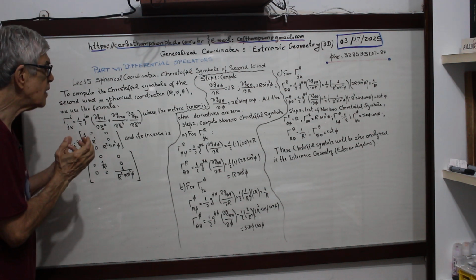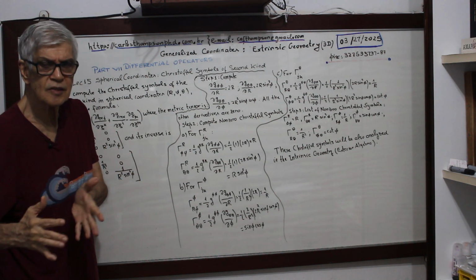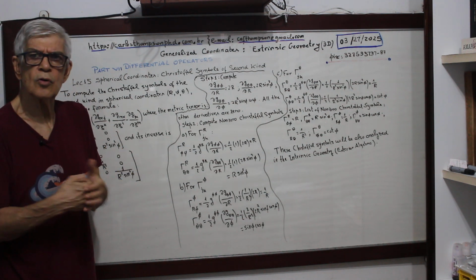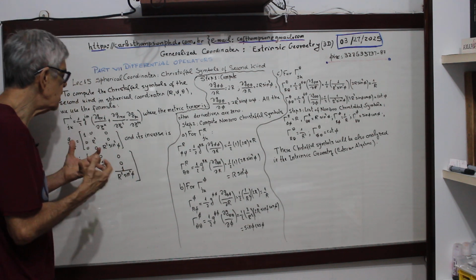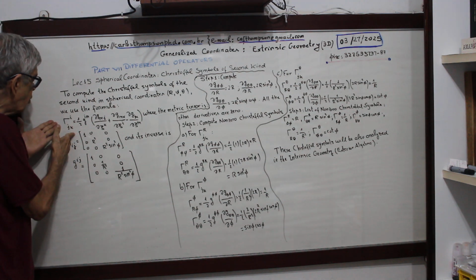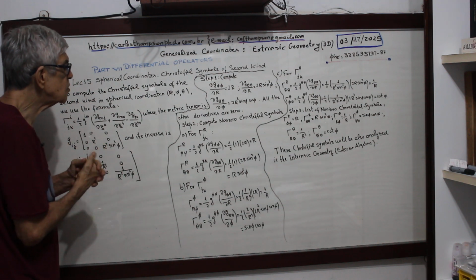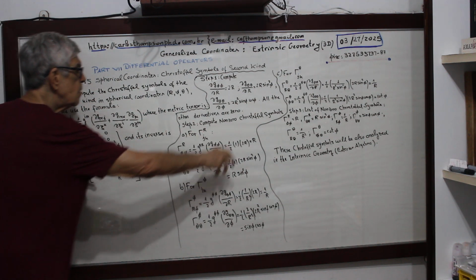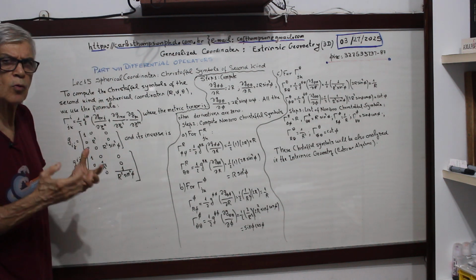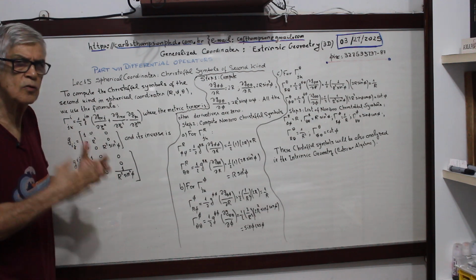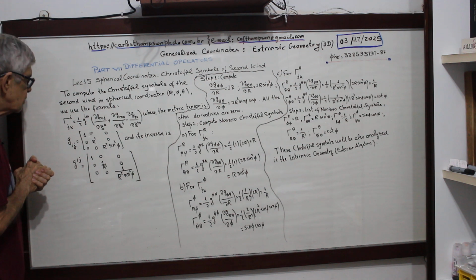You see, it's quite simple, okay? Put a piece of paper on your side and try to do it yourself. You see that many components of this Christoffel symbol will be zero. So in this derivation, we are only worried about computing the non-zero components of this Christoffel symbol